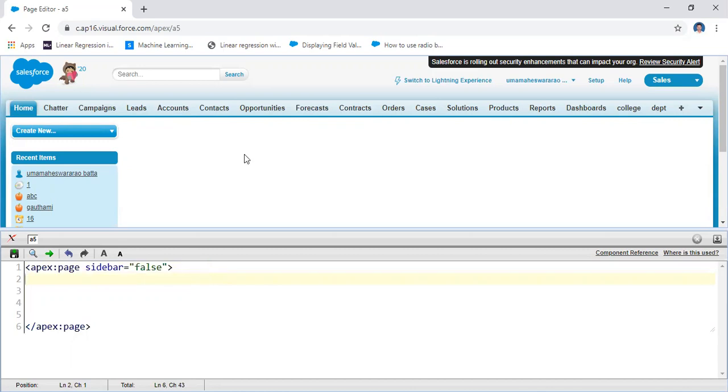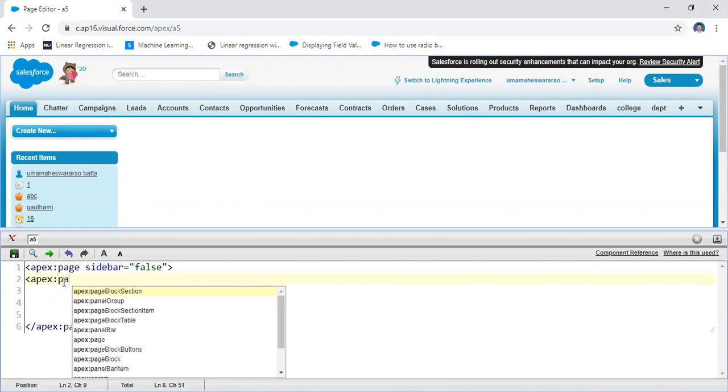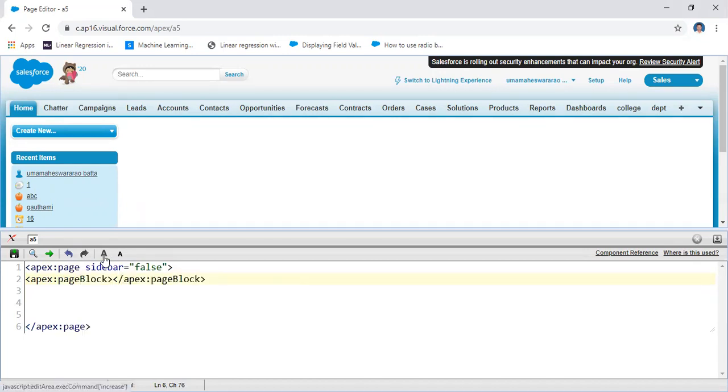The first one, apex colon page block. Here there is a page block. Click here.